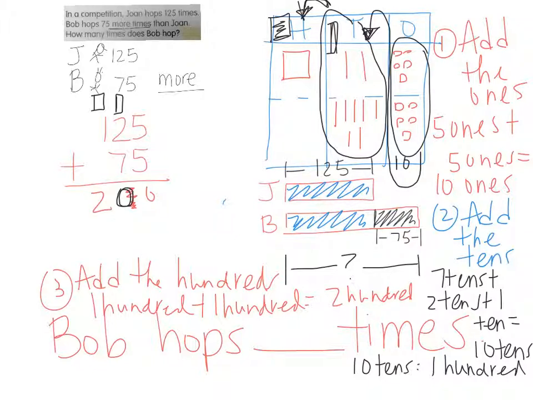Now, everywhere. How many hops did Bob hop? How many times did Bob hop? Now, so Bob hops 200 times. Okay. So we were able to figure out, and we saw how we regrouped in the ones place. We regrouped in the tens place. And that's